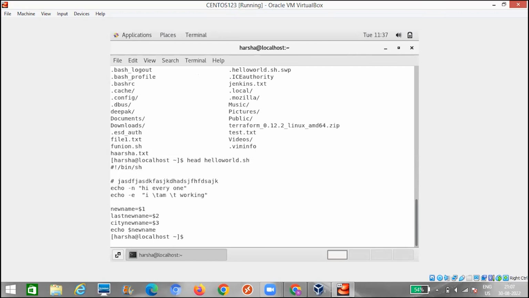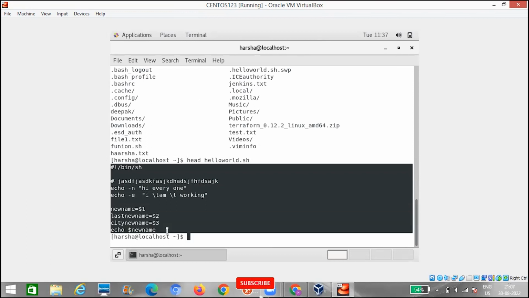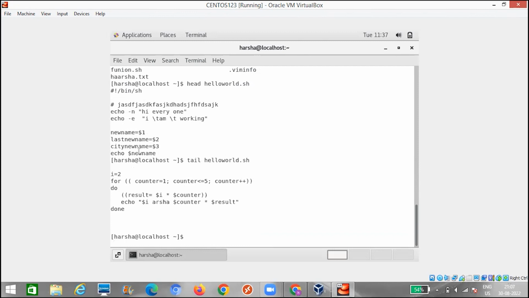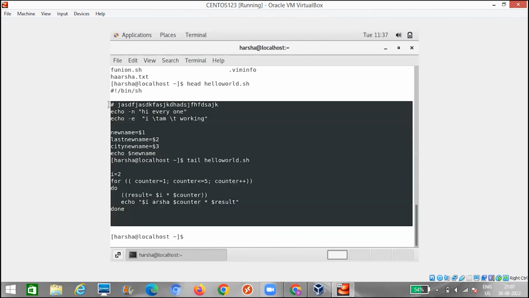If you see head hello world.sh, it will show only the first 10 lines of the file. If I want to see the last 10 lines of the file, what is the command I need to use? tail, with the same file name, hello world.sh. So now you are seeing the last 10 lines of the file.